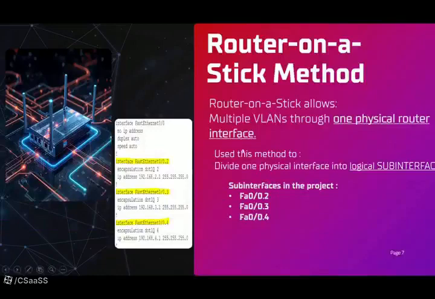Now, I'm going to talk more specifically about the router on a stick method. It allows multiple VLANs through one physical router interface. I have used this method to divide one physical interface into logical subinterfaces, and the names of the subinterfaces I have defined are Fast Ethernet 0/0.2, 0/0.3, and 0/0.4. Again, there is a script, this time from the router's CLI, and